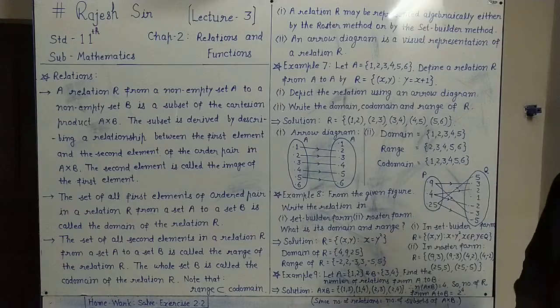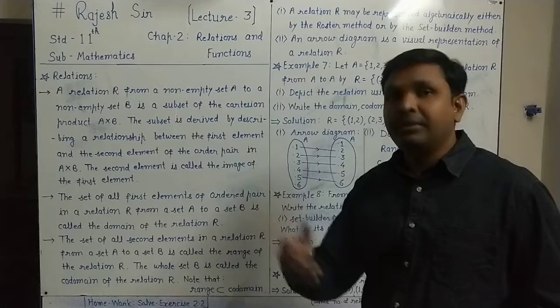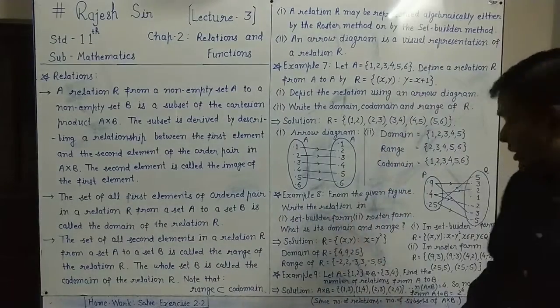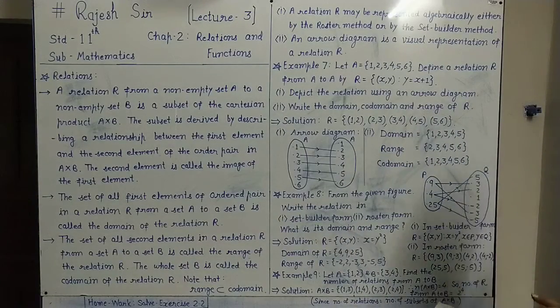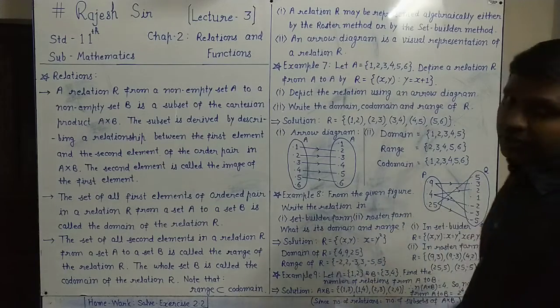How to get the number of subsets? You know the formula to get the number of subsets of any set is 2 raised to n, where n is the number of elements in that set. In A cross B, we have 4 elements, so the number of subsets will be 2 raised to 4. Therefore, that will be the number of relations from A to B also. So since the number of relations equals the number of subsets of A cross B, and the number of subsets is obtained by 2 raised to n, with n the number of elements in A cross B, which is 4, 2 raised to 4 is our answer, the number of relations we can get.